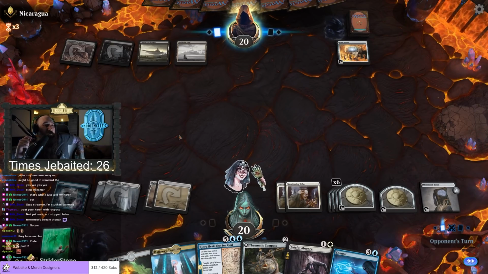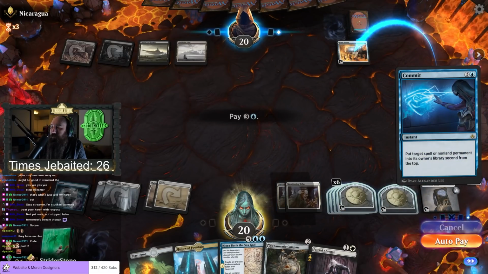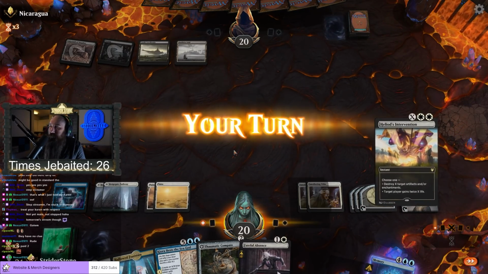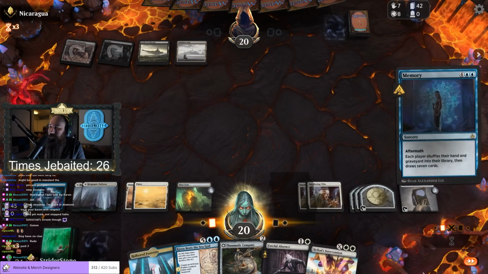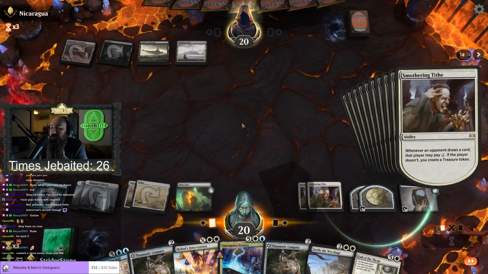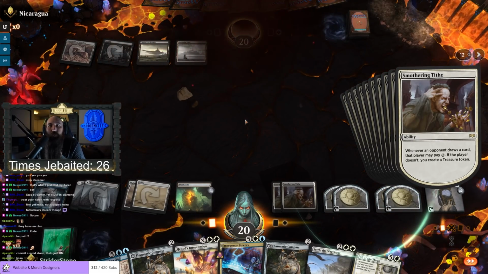Zombie wave. It prioritized a treasure over Blast Zone. Actually, interesting. Alright, this is pretty sweet. Commit a Mind Stone just to be...